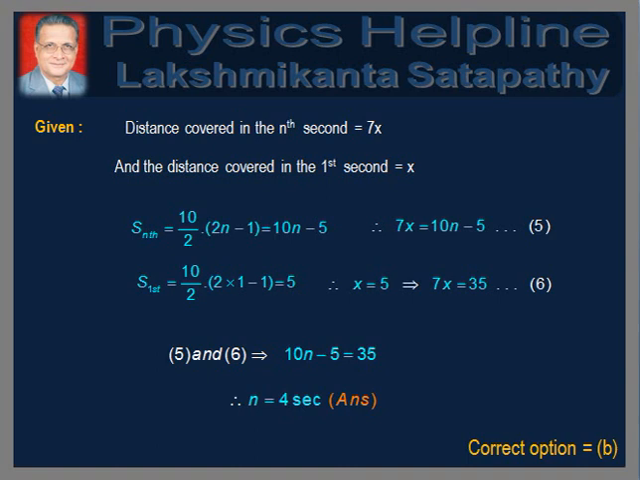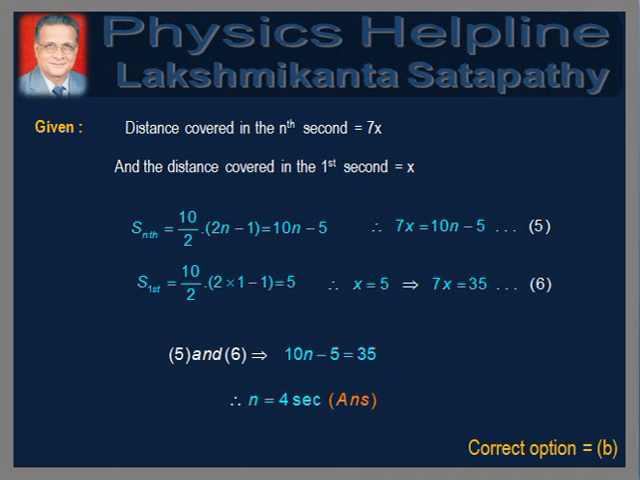In the question, it is given that the distance covered in the nth second is equal to 7x and the distance covered in the first second is equal to x. Therefore, S_nth is equal to g by 2 into 2n minus 1, which is equal to 5 into 2n minus 1, which is equal to 10n minus 5. Therefore, we have 7x is equal to 10n minus 5 and